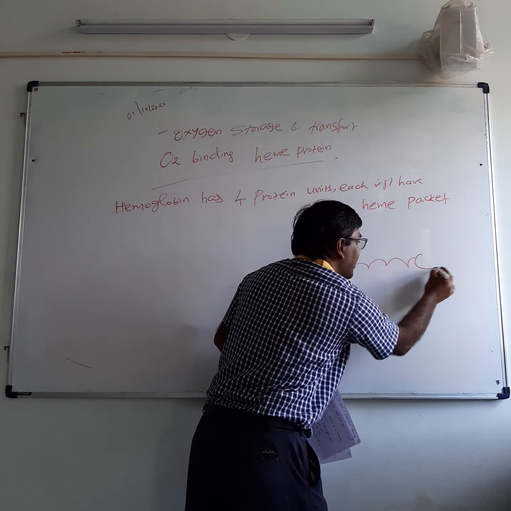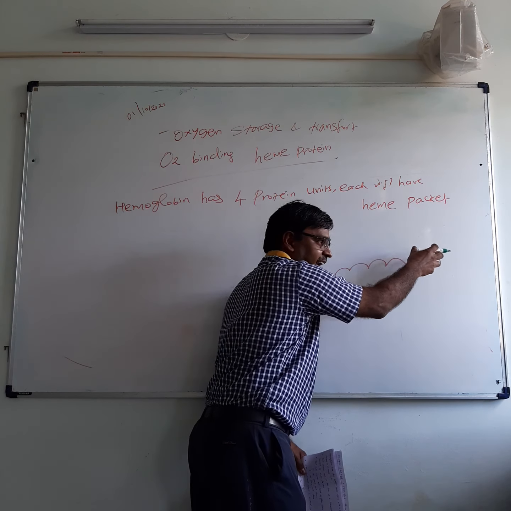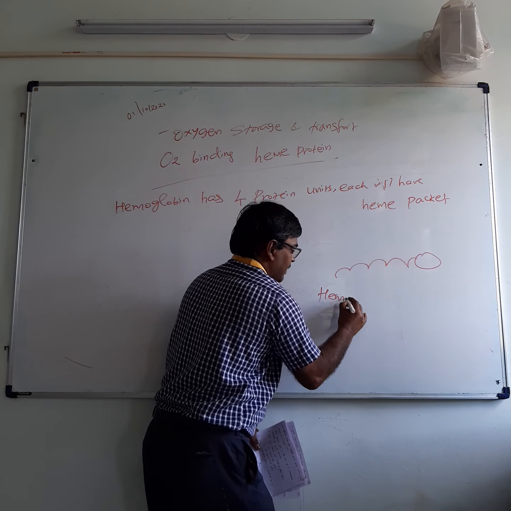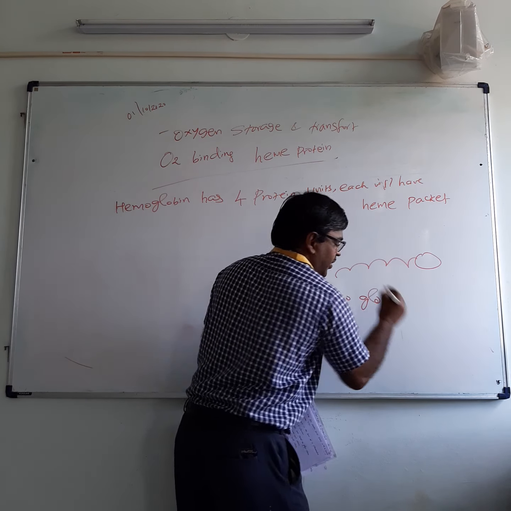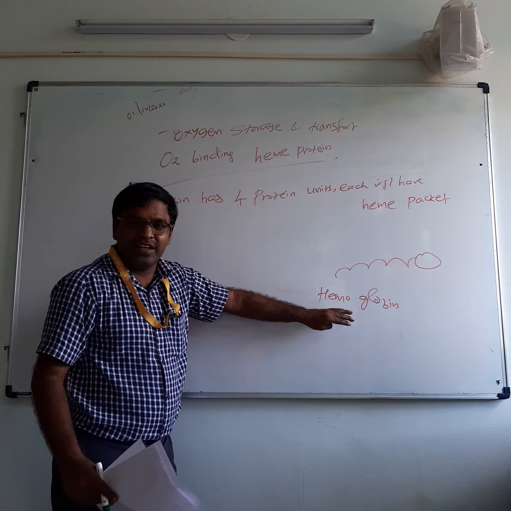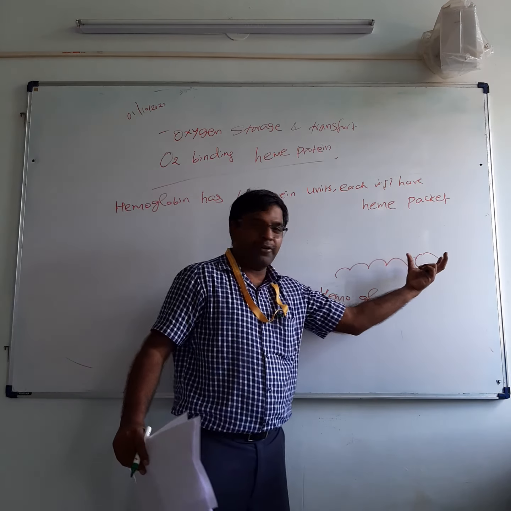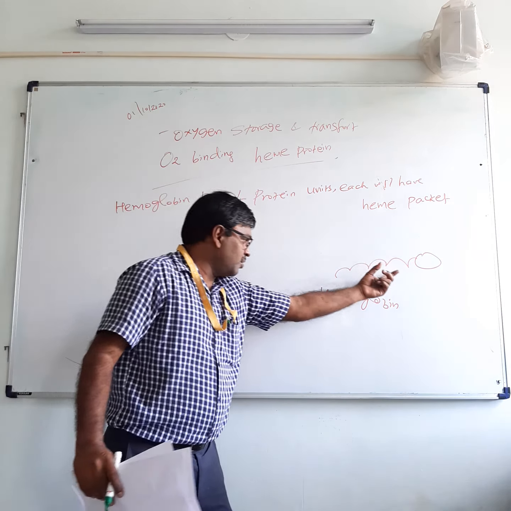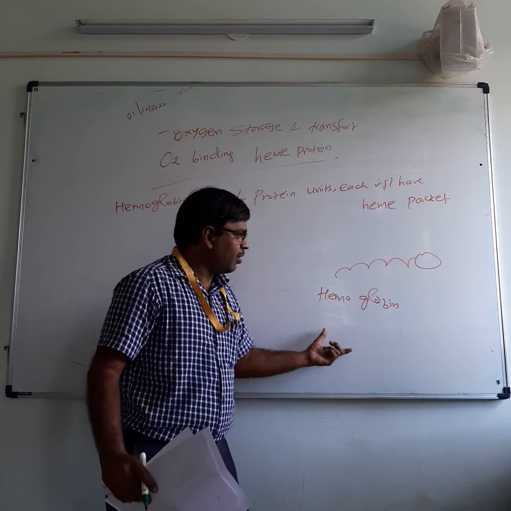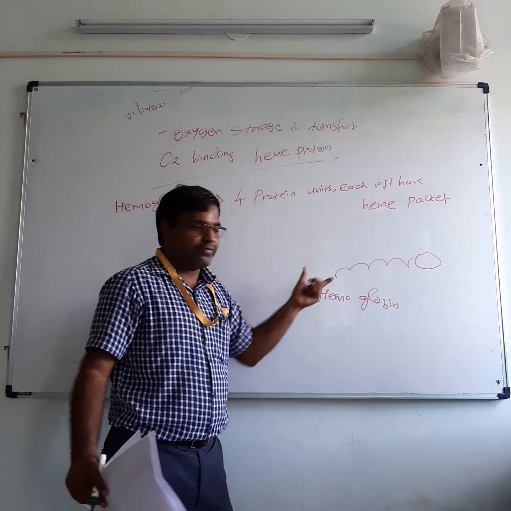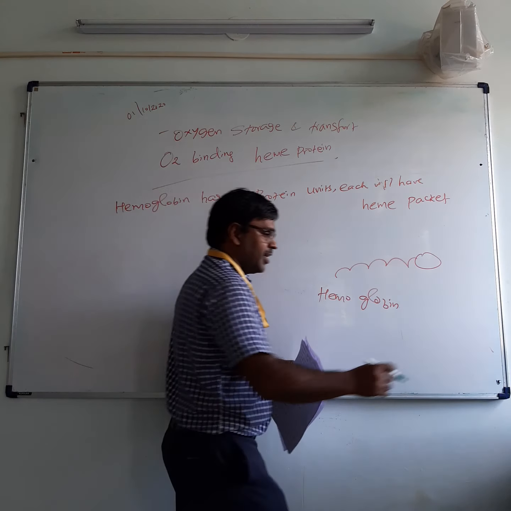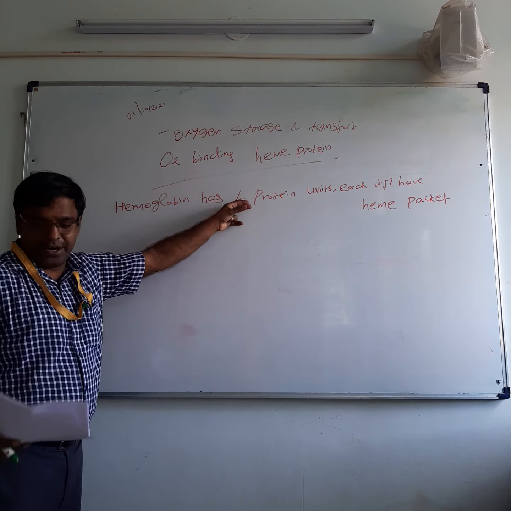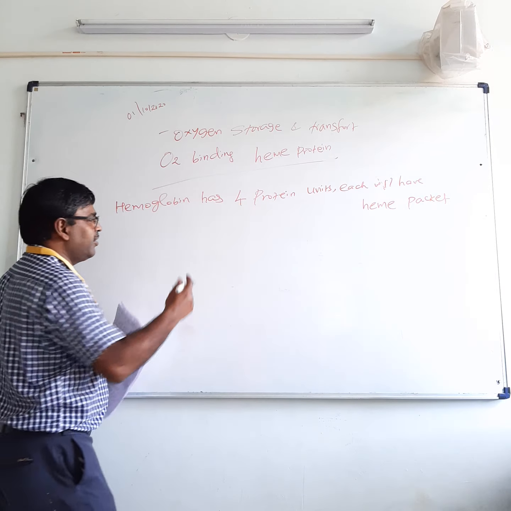Suppose this is a protein. The protein end will have the heme, that is a protoporphyrin with the iron site. Heme means the protoporphyrin unit that we have seen, and globin is the protein unit. So it is hemoglobin. Myoglobin is also heme plus protein. They are different proteins. But hemoglobin is basically derived from 4 protein units.